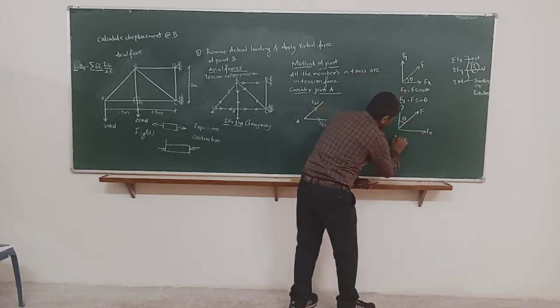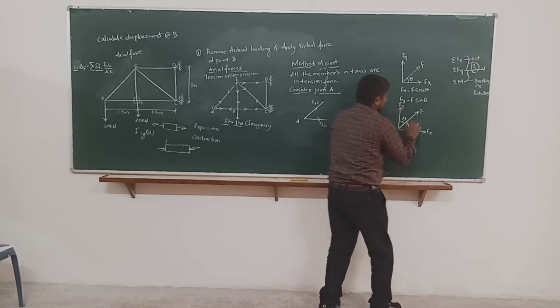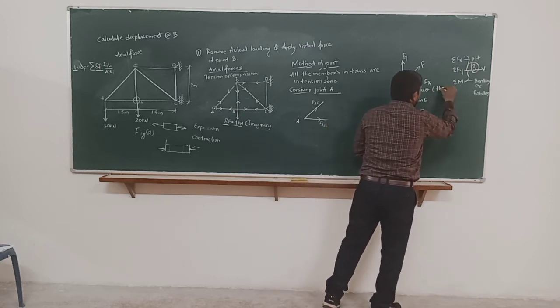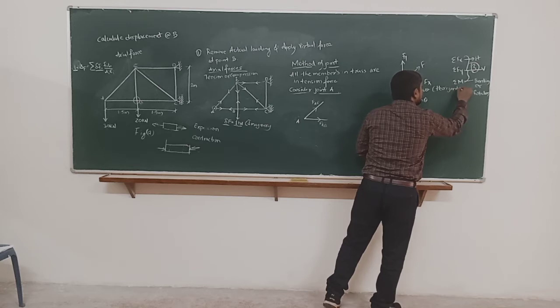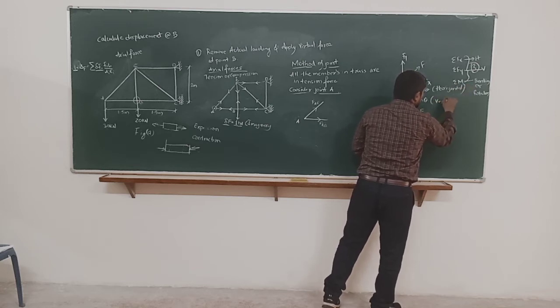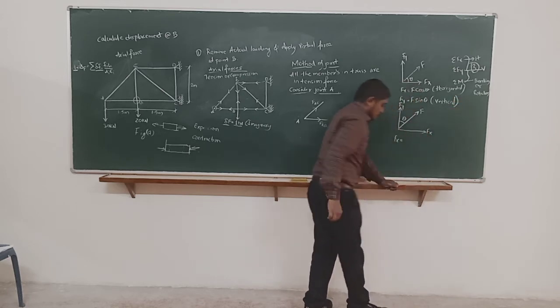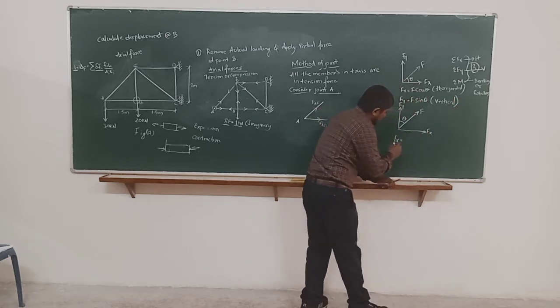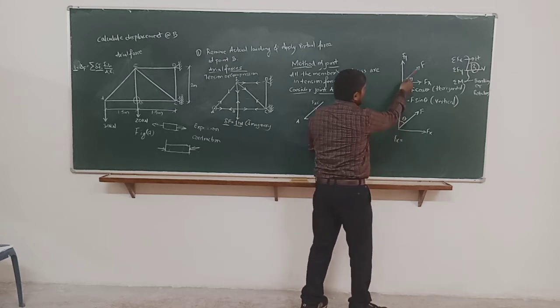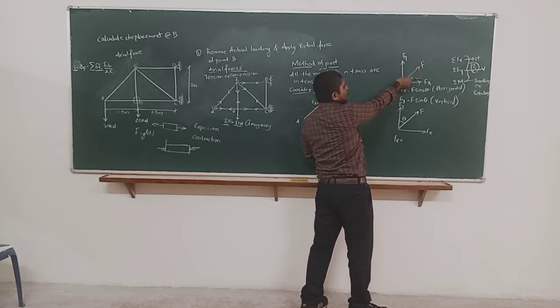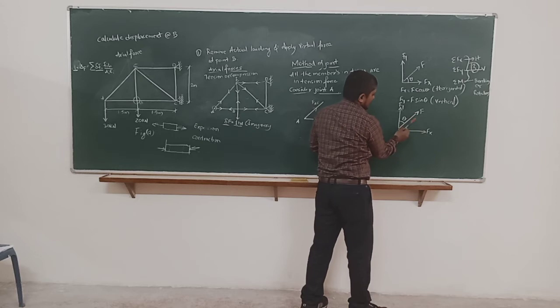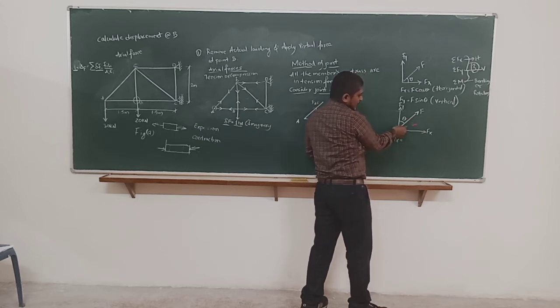Now see, Fx is nothing but a horizontal force, and this is vertical. This is for the diploma kind I am telling, because the other students have already studied this in first year. Okay. So here see, now again I will keep my pen here. When I kept my pen here to make it horizontal, it was rotating towards the theta. So I said we take cos theta. Now if you see here, to make it horizontal, it is going away from the theta.